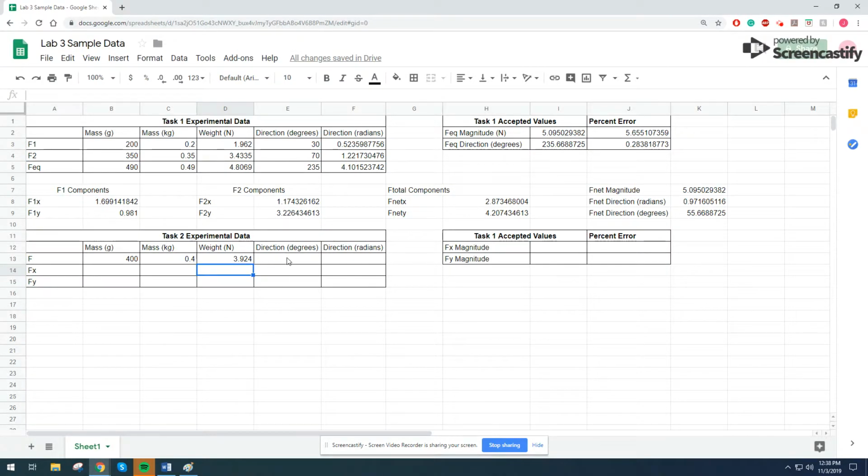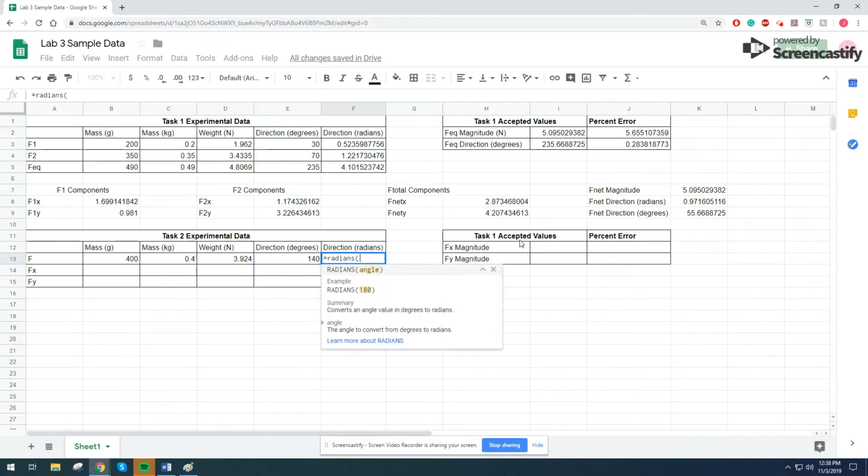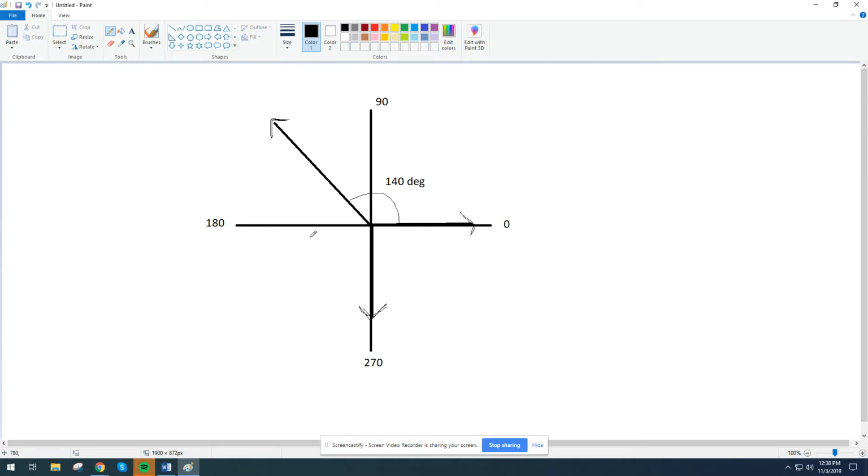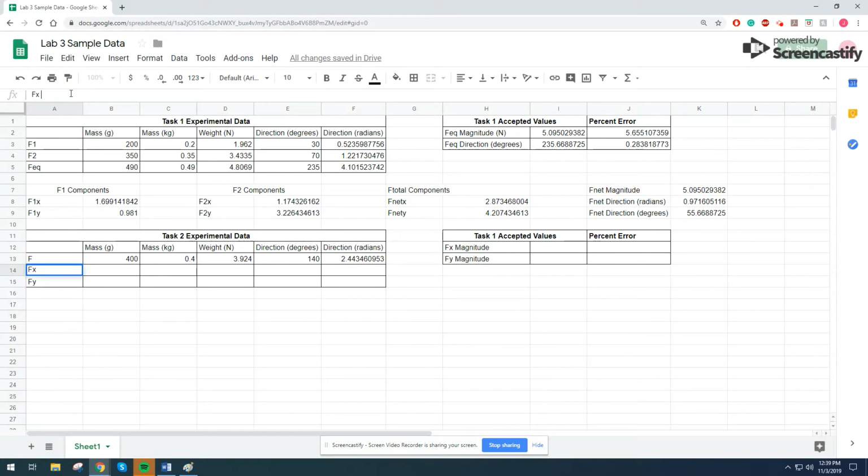We said we put this one at 140 degrees. I'm going to type it over here at 140. And in a previous video, I mentioned how Google Sheets doesn't work with degrees. It's going to work with radians instead. So to change it, it's equals radians, parentheses, and I click on that angle. So now 2.44 radians is the same as 140 degrees. And after I put this Fx, which is going to be in the 0, I can type over here at 0 degrees,